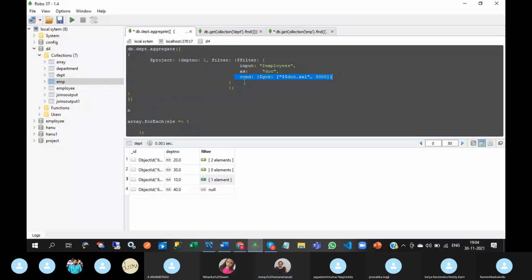Okay. So index of array means it searches for a specified value and returns the first occurrence of that value. If that specified value is not found, it returns -1. Here I am just giving a column name. You can give any name, but the operator name should be the same, index of array.